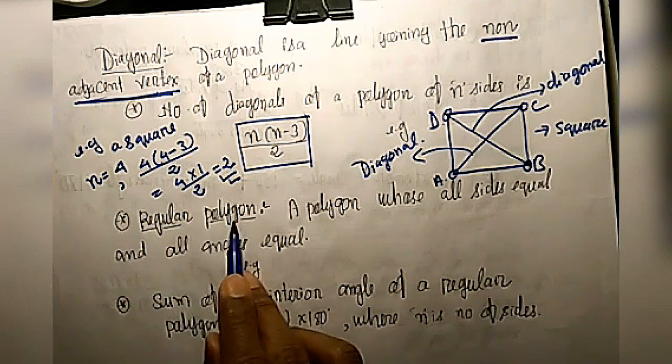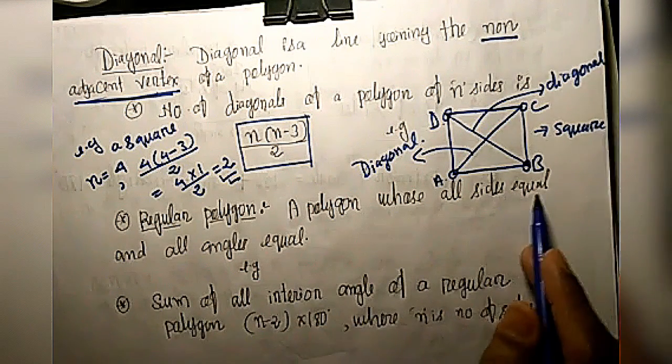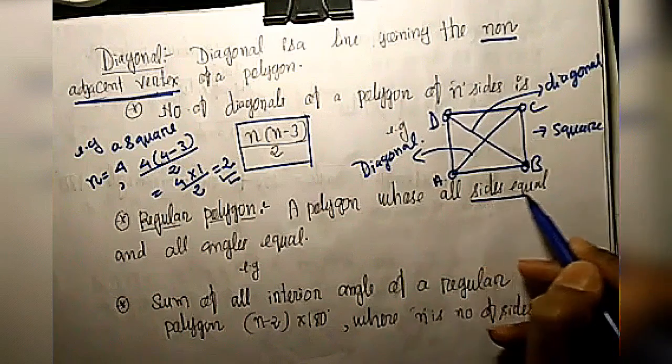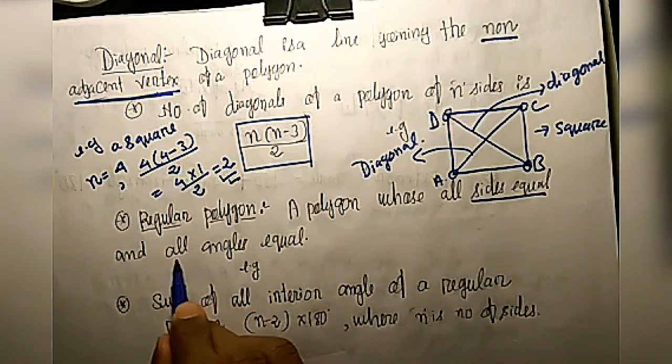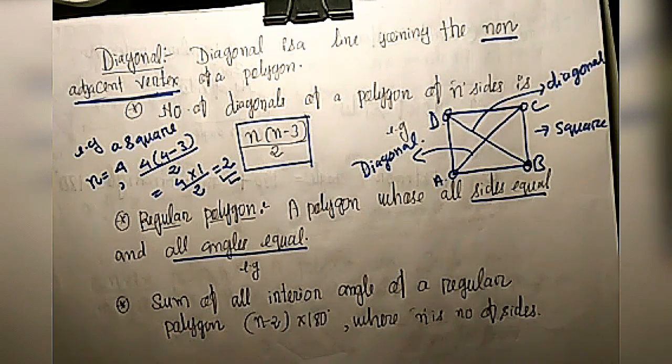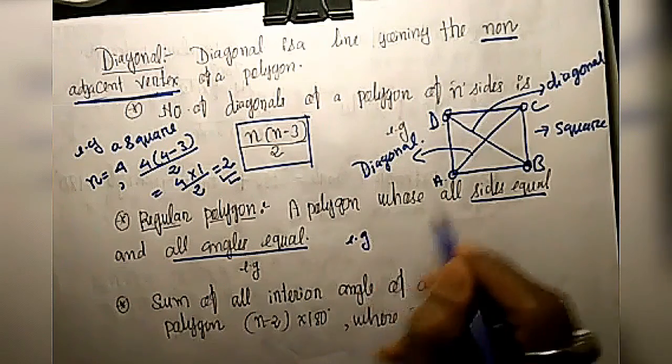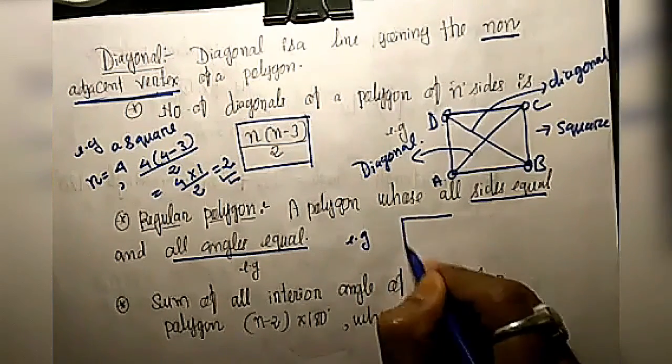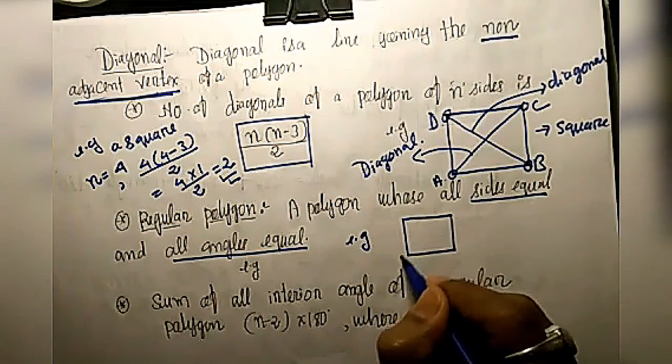Next, regular polygon. So a polygon whose all sides are equal and all angles are equal. So these are the 2 key points you should remember. All sides are equal and all angles are equal. For example,